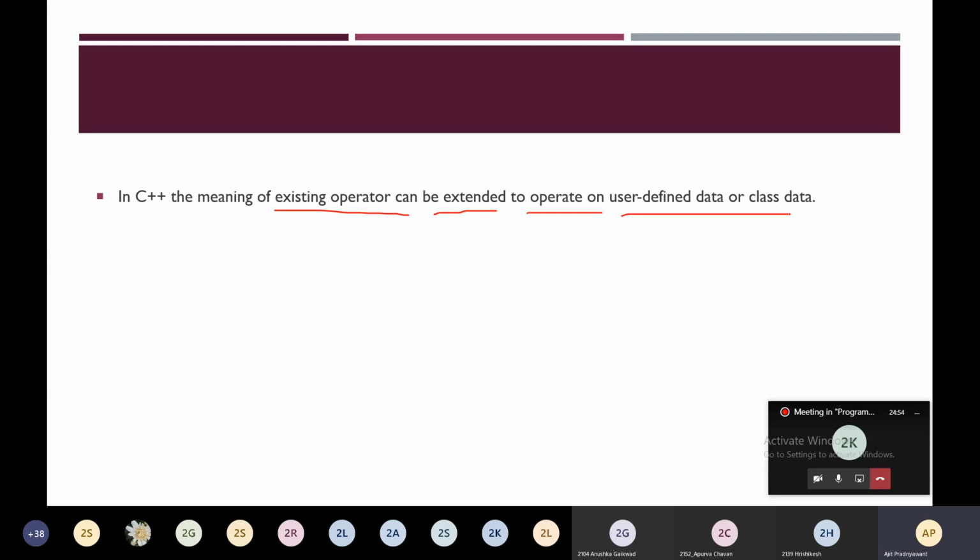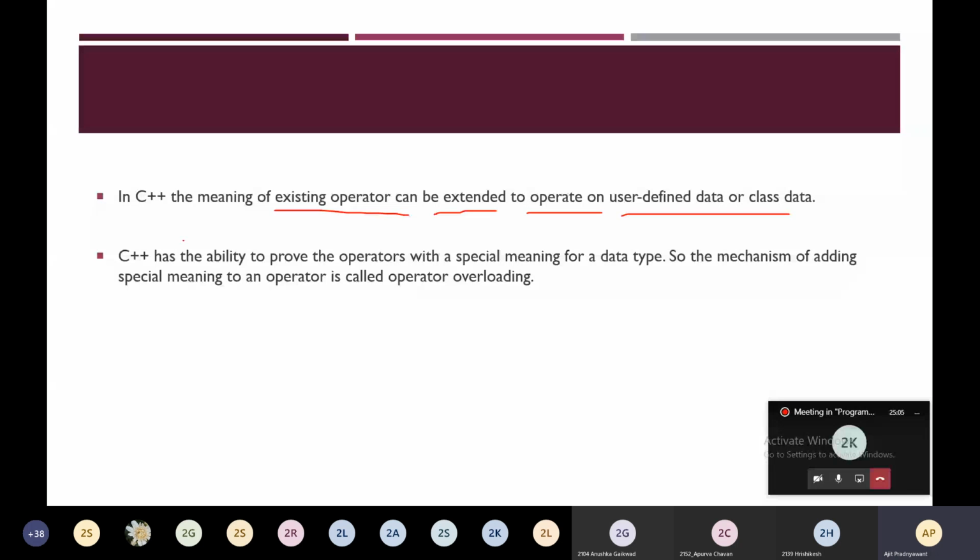C++ has the ability to provide operators with special meaning for a data type. The mechanism of adding a special meaning to an operator is called operator overloading. What is operator overloading? Adding a special meaning to an existing operator is called operator overloading.